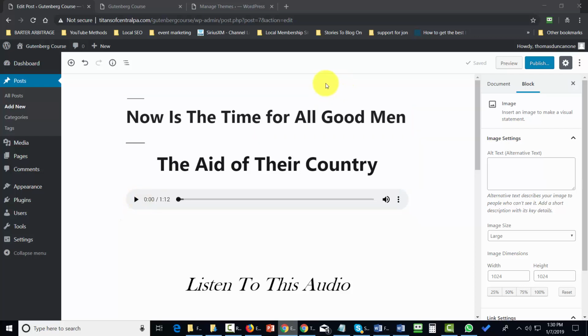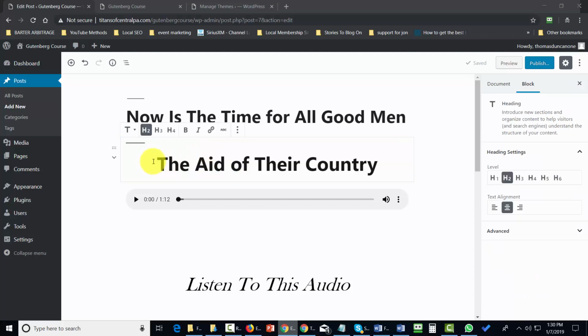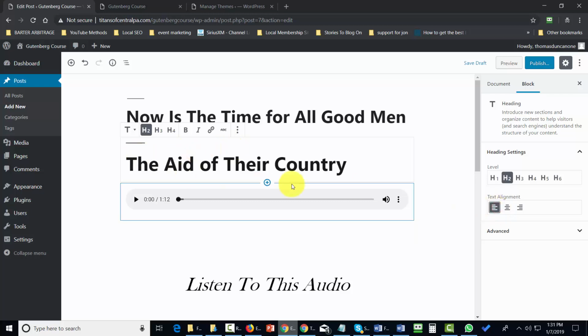Welcome back. Now, once you understand how to manipulate each block, you then have flexibility in terms of determining how your content appears on the page. So, for example, if we were to take this heading setting and align that heading to the left, we were to take this block where we have the audio